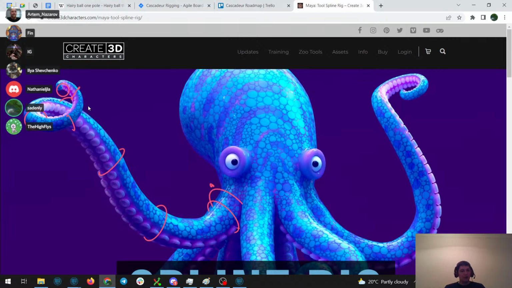Maybe at some point we'll try to cover these rigs. We do want to cover more rigs. For example, there are even easier rigs that are not covered very well with Cascadeur right now. For example, limbs that have several hinge connections are covered not as well as I would like them to be.